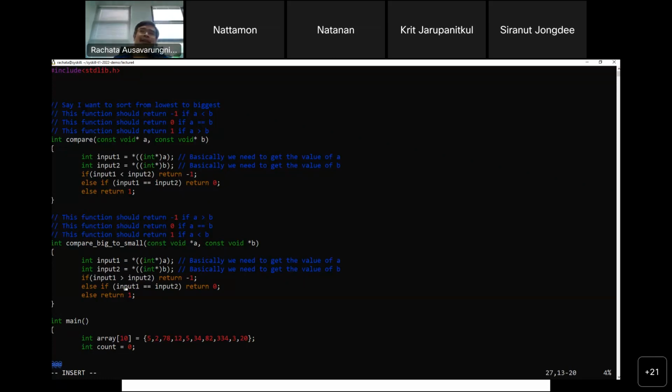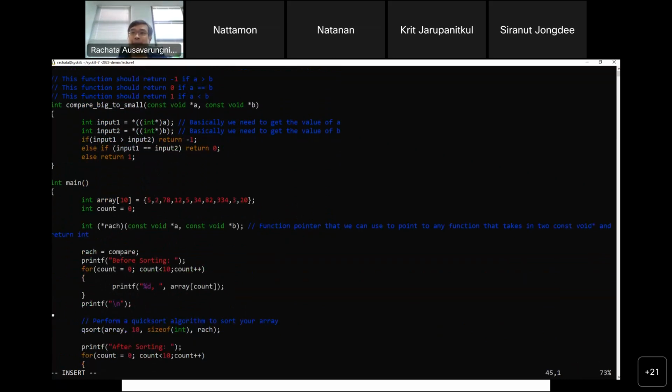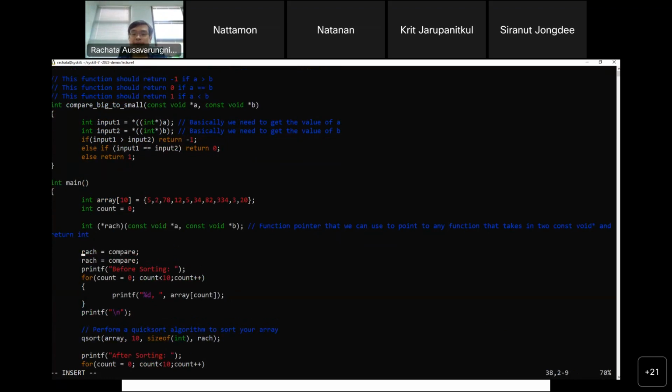This is the same, if it's equal, return 0. Otherwise, return 1. Now, instead of pointing my function pointer to compare, what do I have to change in this line? Compare big to small. I just make it point to a different function and I'm done.